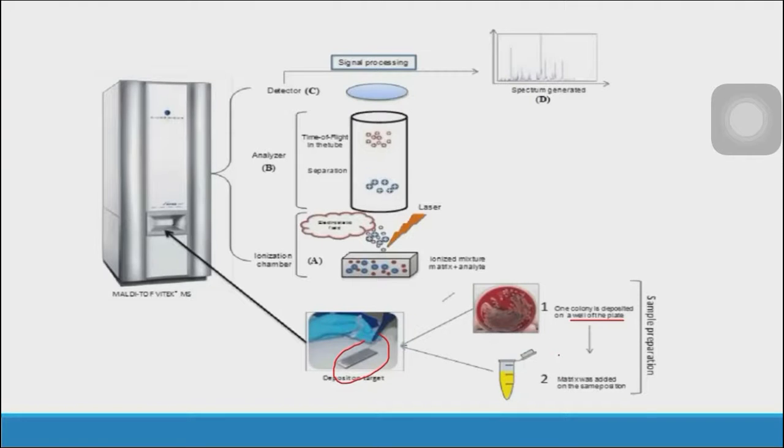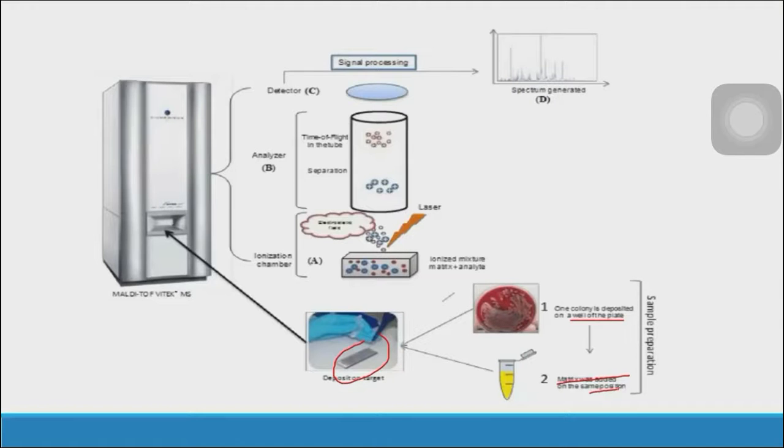Okay, so next, after placing the isolated colony on the plate, maglalagay ka ngayon ng matrix dun sa same position dun sa plate, matrix as well as formic acid. Matrix and formic acid is added to the plate to aid in the ionization of proteins without causing them to fragment. Usually yung matrix na in-add natin dito is cinnamic acid, cinnamic acid and formic acid. Usually, ang main purpose nila is to aid in the further ionization of the proteins present in the bacterial isolate, para mas maganda yung makuha nating sample spectra or result.